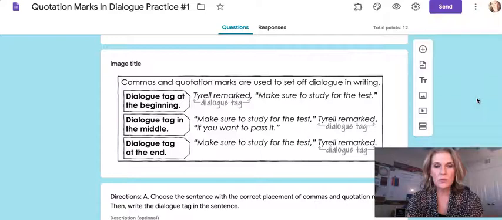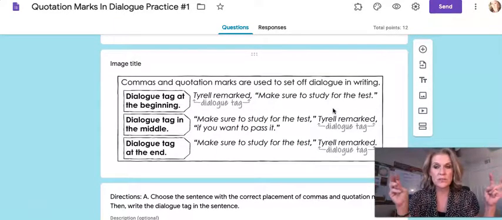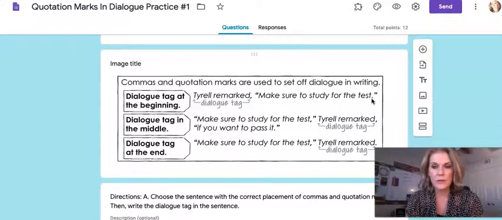Remember, commas and quotation marks are used to set off dialogue in writing. Here's an example of when there's a dialogue tag at the beginning of the sentence. And remember, the dialogue tag is who is speaking and how they said it, right? Who said what and how did they say it? And here is what it says. Tyrell remarked, "Make sure to study for the test." His exact words, of course, are in quotation marks, and because it's a statement sentence, then we have a period